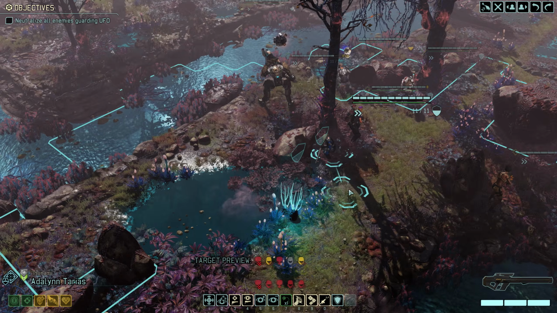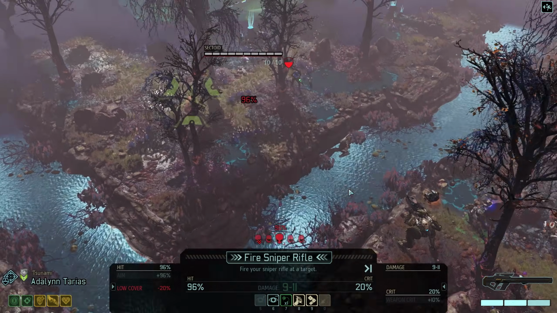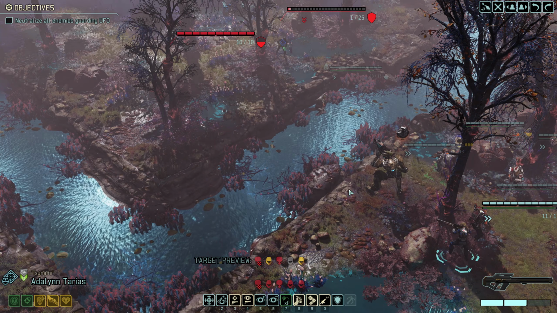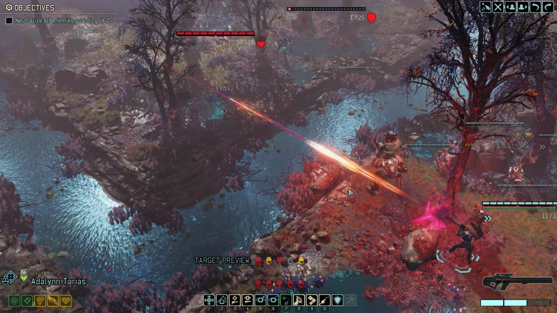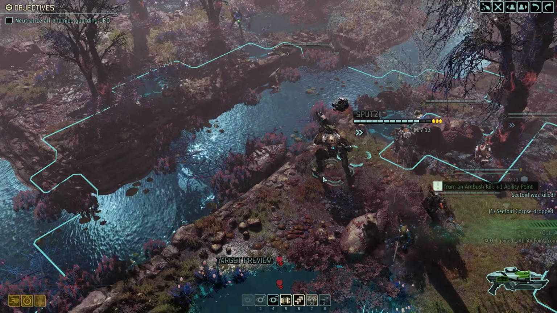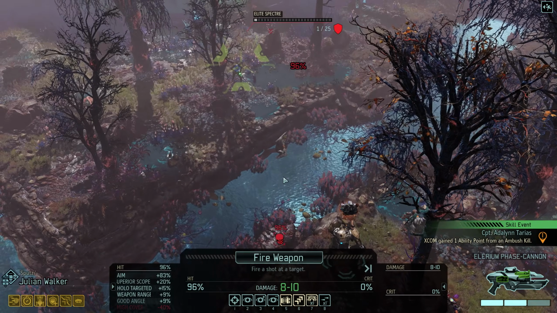That hits, but does not quite get her the kill. Let's hope that Tsunami is a bit more successful targeting the Sectoid. Despite half cover, the shot here is almost guaranteed to hit. And it connects and even unlocks her another ability point, which now brings us to Julian, who is once again